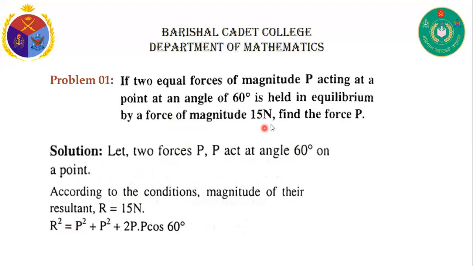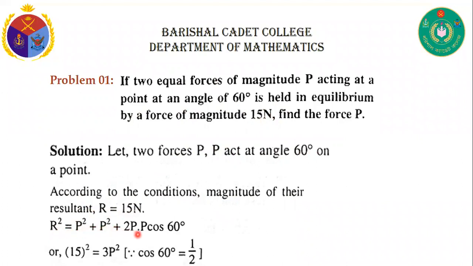So here is the third force, not using resultant. We just call this resultant because if three forces are in equilibrium, then the two forces, then the third force we should call it resultant. Okay. So here R equal to 15 and